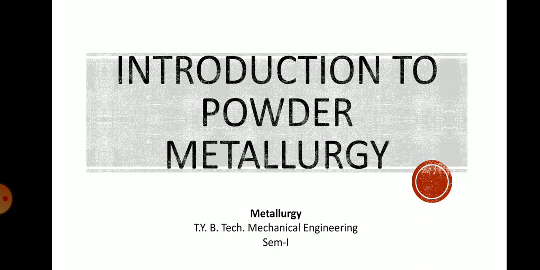In the last video we have seen the second step in the powder metallurgy process, that is mixing and blending, as well as the third step, that is compaction. In the first step, mixing and blending, we have seen the definition of mixing and blending and the various types of additives which are added in the powder so that we will get the desired properties. In the next step, that is compaction, we have seen the three types of compaction methods, that is single acting ram, second double acting ram, and third isostatic pressure, by which you can get the desired density in the green compact.